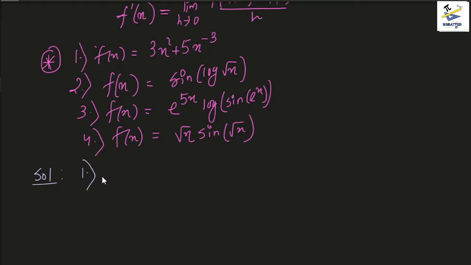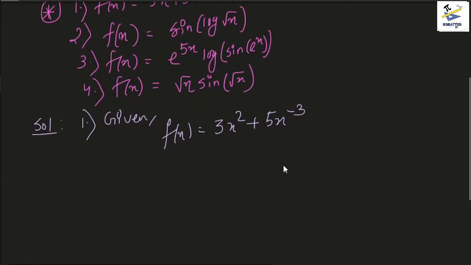Now, given f of x is equal to 3x squared plus 5x to the power minus 3, we want to find the derivative of this. If we remember correctly, whenever we have a sum of two or more functions and we are required to find the derivative,